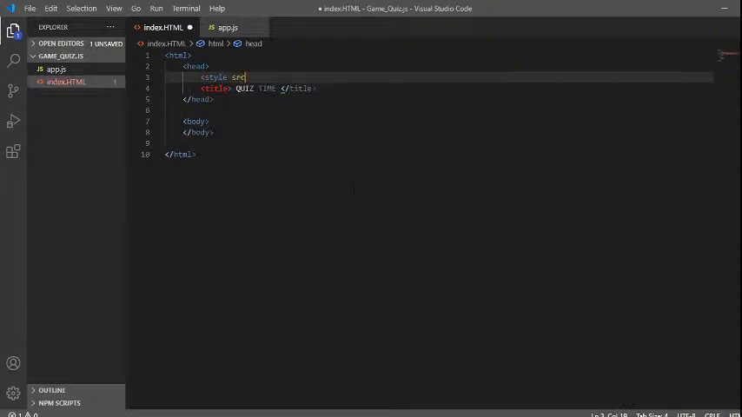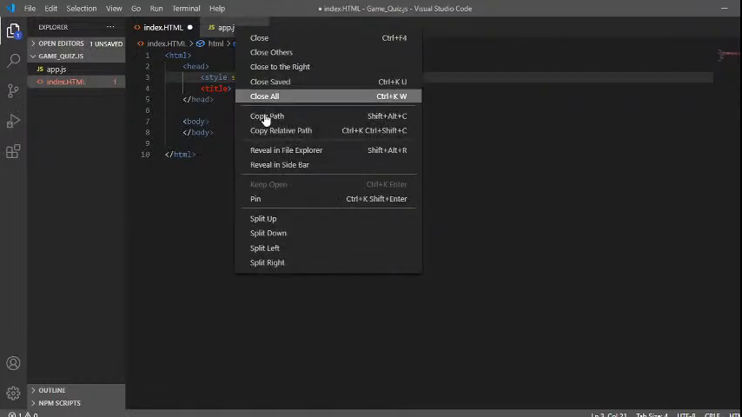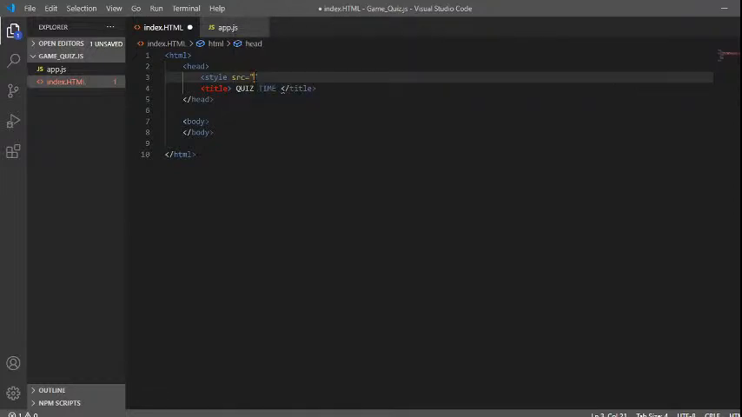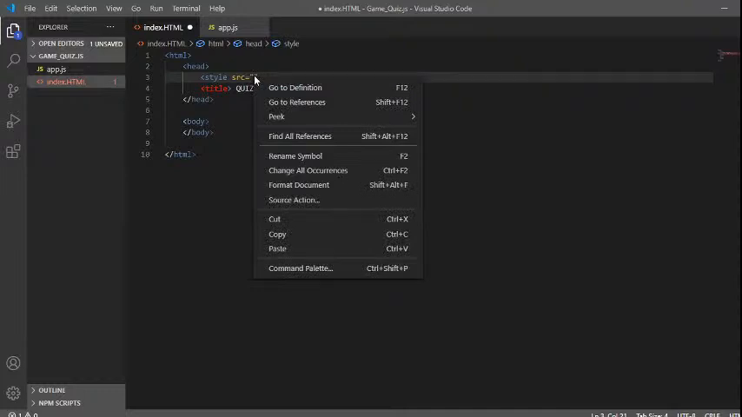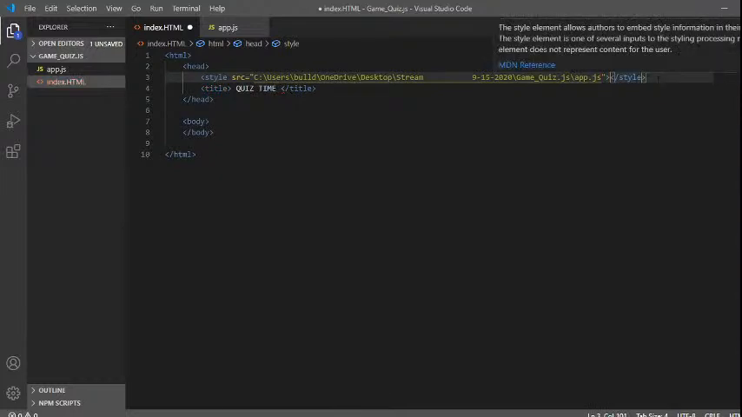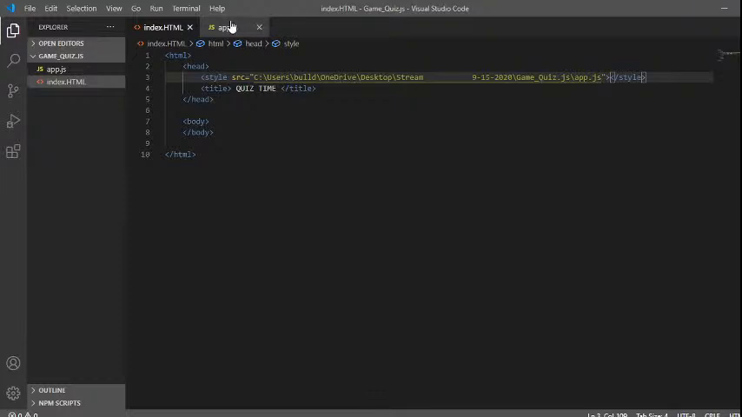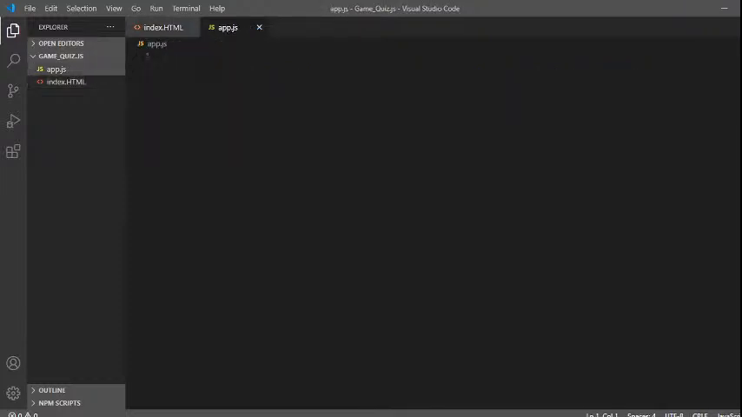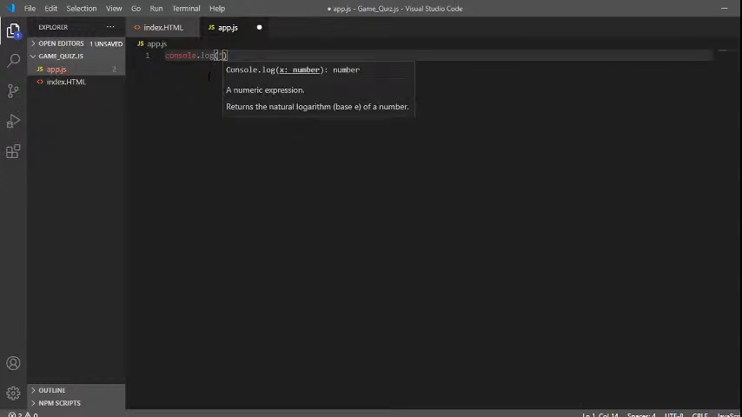So style source equals, and then I copy this path right here, and then I paste it in, and then I close it, and then I close off style, and then save it like that. And then if I type in console.log, poopy bumhole,